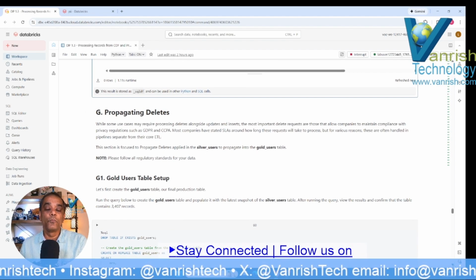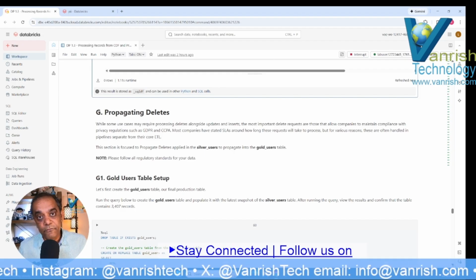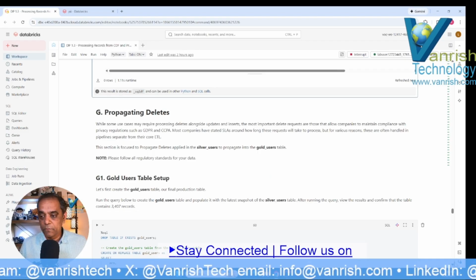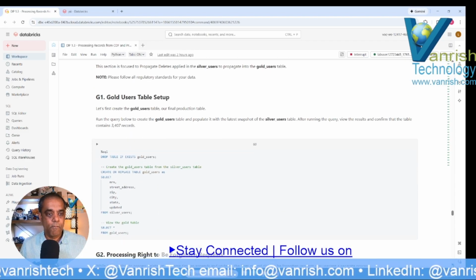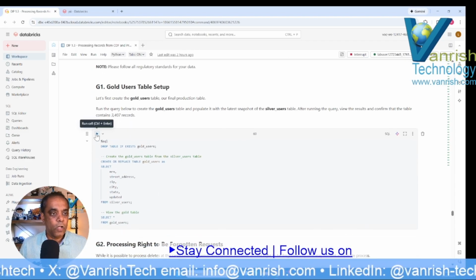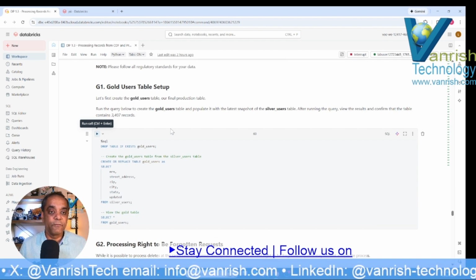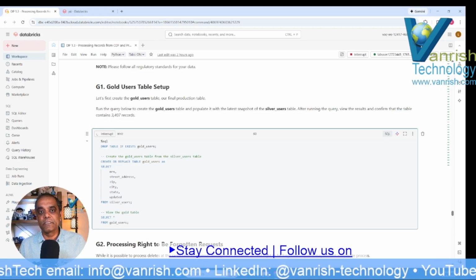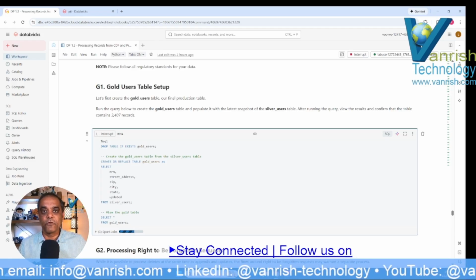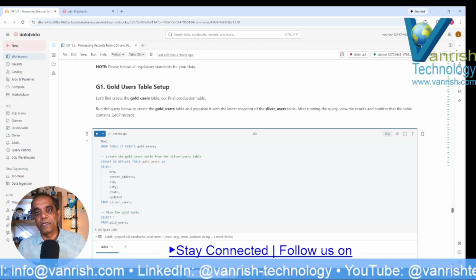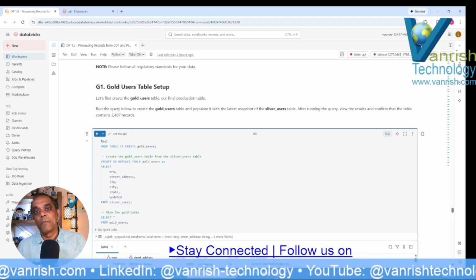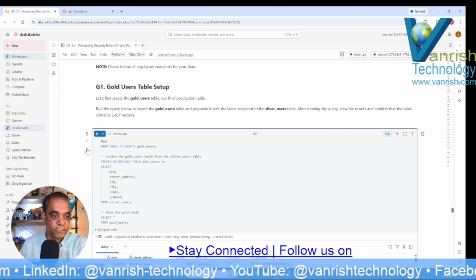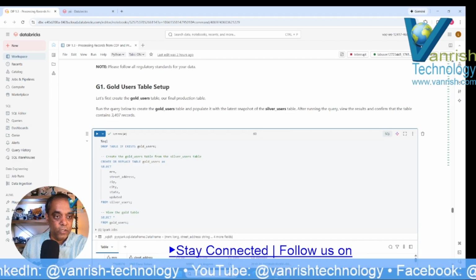Now we are going to move into the silver table, and then we can see how the delete is being propagated. Now we are setting up the gold user table. From Databricks, the medallion architecture works with bronze, then fine-tunes the data into the silver table, and then propagates the more refined data you need for your use cases into the gold table. So now we can create the gold user table,